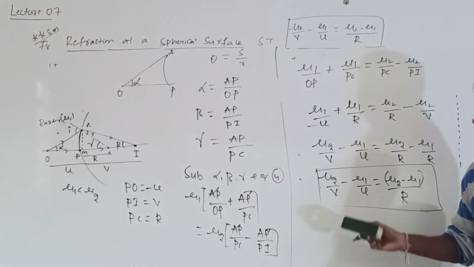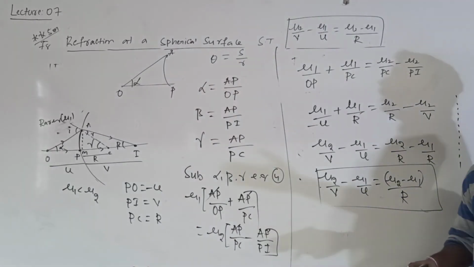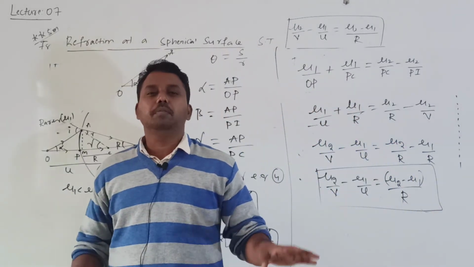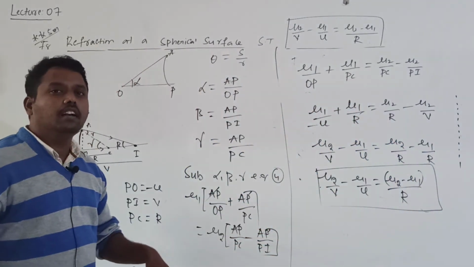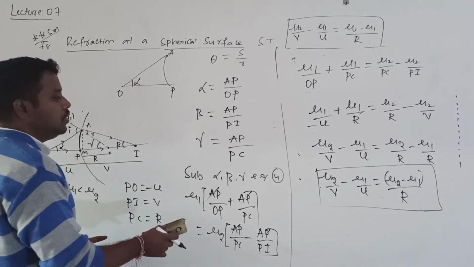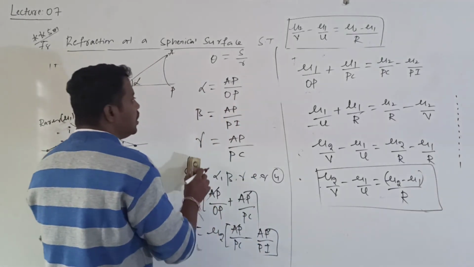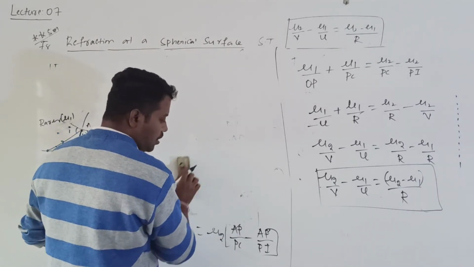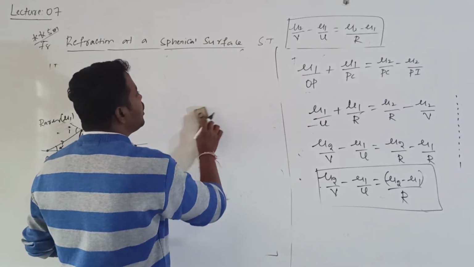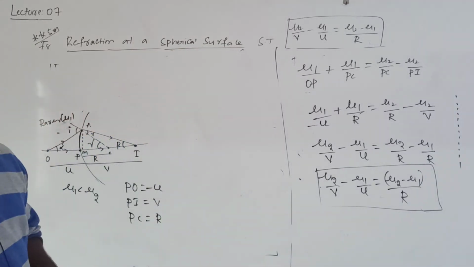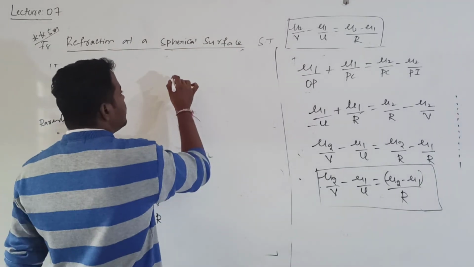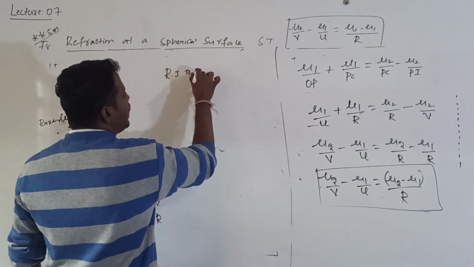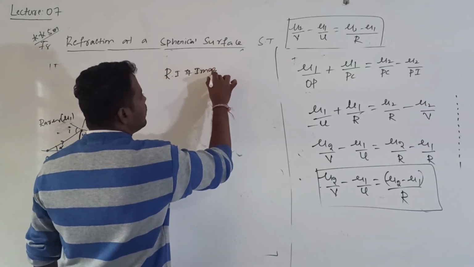But if you remember the formula in this format, you will get confusion. Every time it is not compulsory that the object refractive index is mu1 and the image refractive index is mu2. This formula you can also remember like this. This relation is very important for us. So we can write this relation as: refractive index of image space.